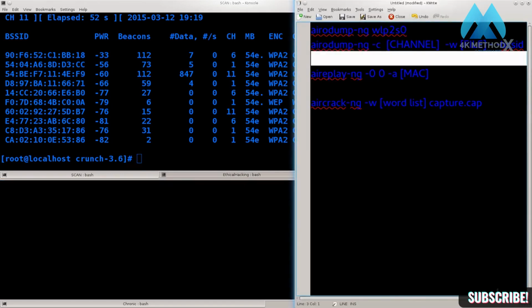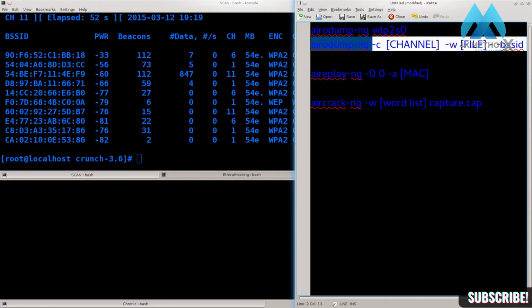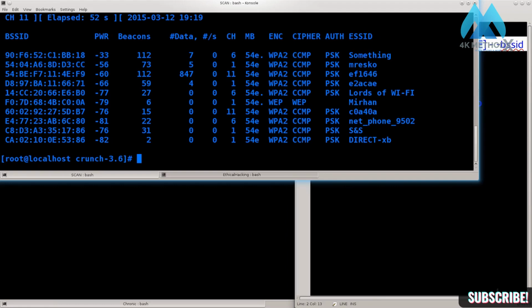So the next command that we're gonna use again is airodump-ng, but we will use it in combination with a few more arguments in order to conduct a more precise scan, in order to conduct a more precise capture, so that we may achieve that four-way handshake which we need so desperately in order to do this. So go ahead and type in